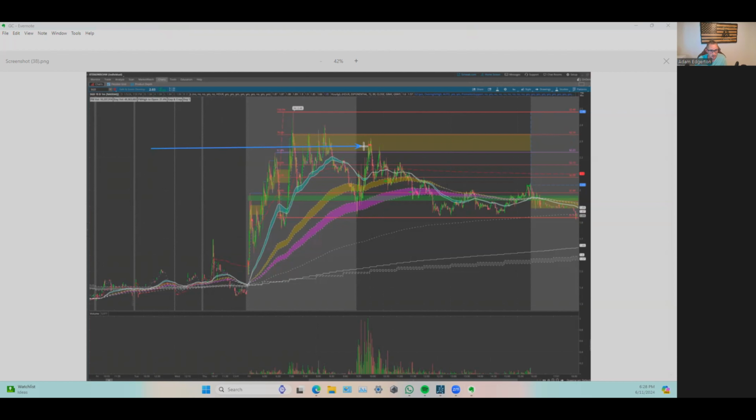But this thing pops into the golden zone. I take a short. I didn't cover half here like I should have. I covered half and covered half, and it didn't reach my end target. And I covered half over here right before the end of the day. But